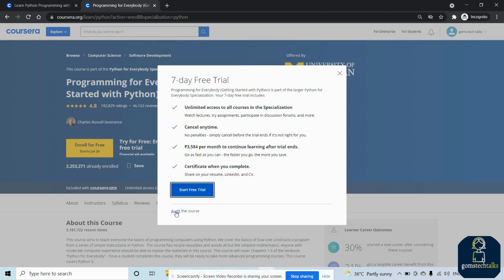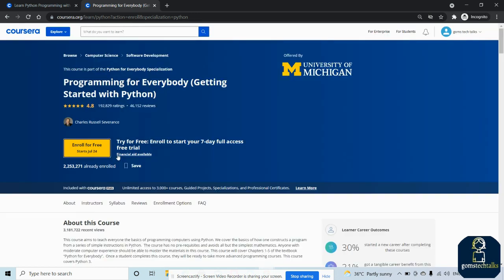In most programs you can see almost all the videos, but you cannot do any quizzes or other projects. So this is auditing the course. If you just want to learn the concept but don't want a certificate, you can audit the course. Or else, if you want the certificate as well, you have an option called financial aid.